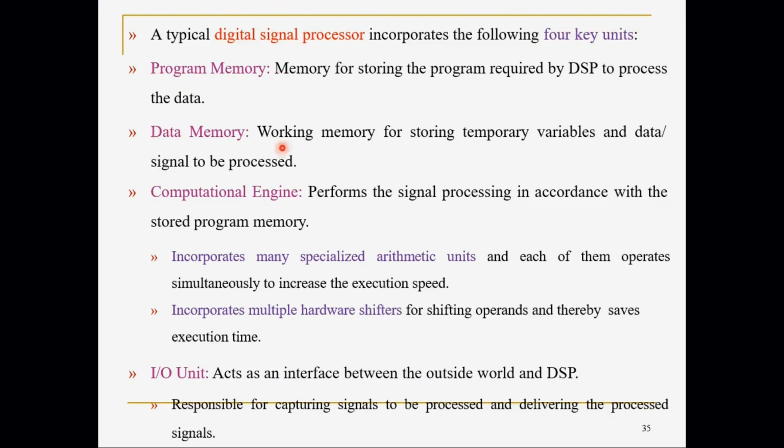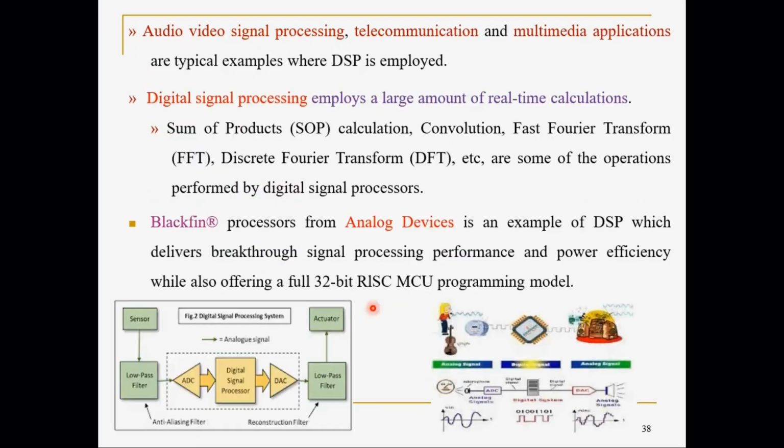Okay, there are four main components of a DSP they have discussed here. It will have a program memory, it will have a data memory, because signals we have to store and then process. So program memory is where we store code, then data memory is where we will store various properties of signals, then the computational engine, the hardware which processes the signals, then IO units to connect input and output, to send the signal into the DSP, and once it is processed we can send it back through the output port.